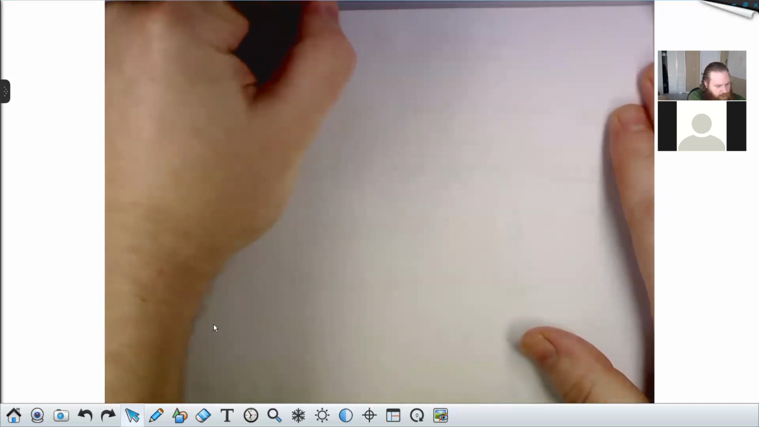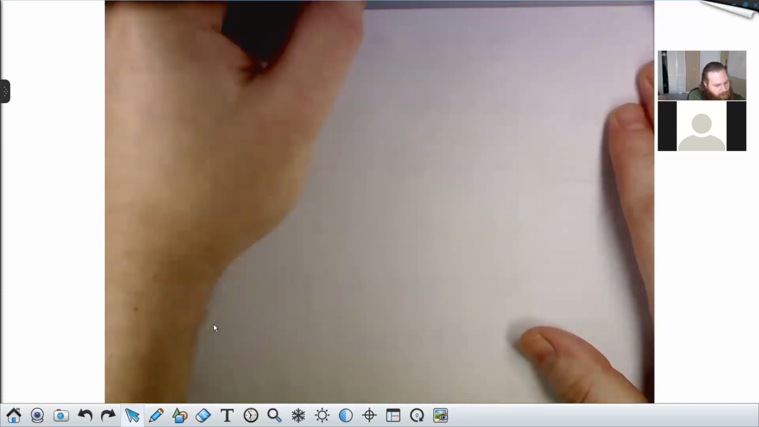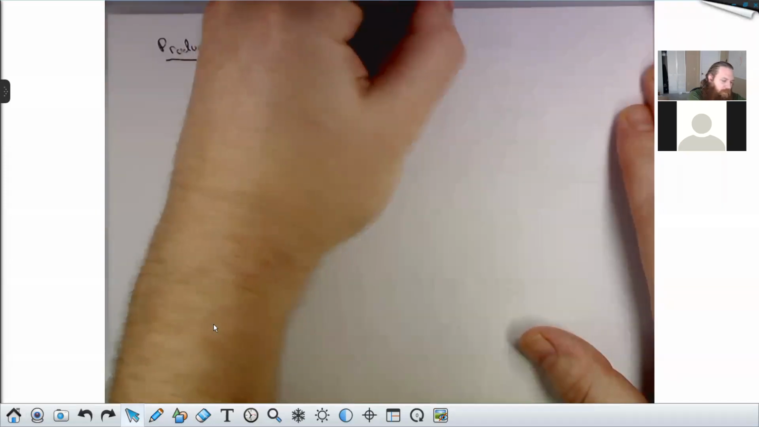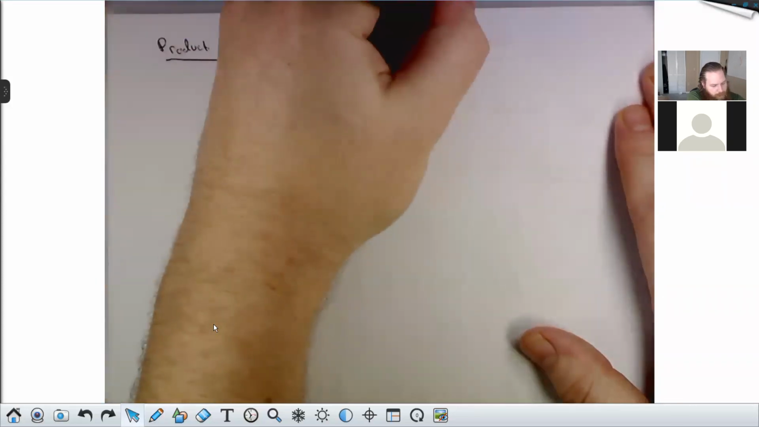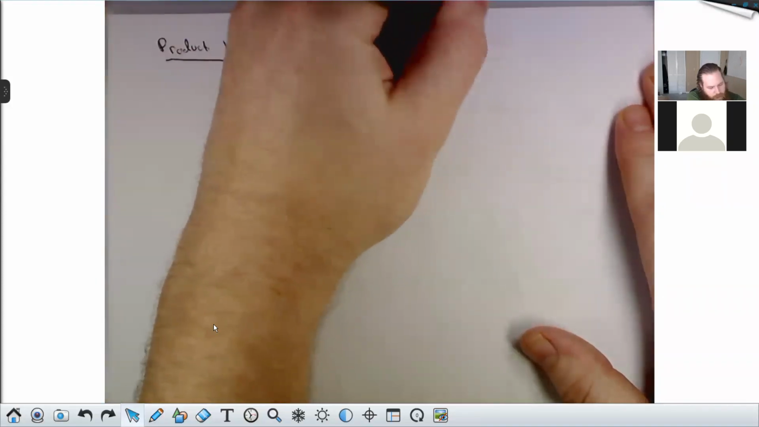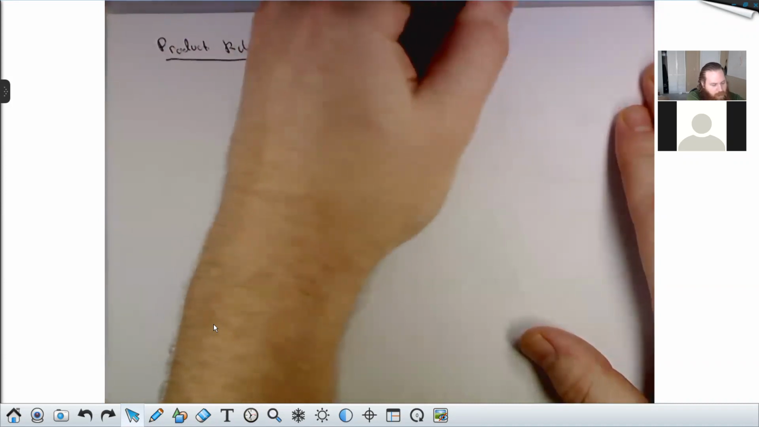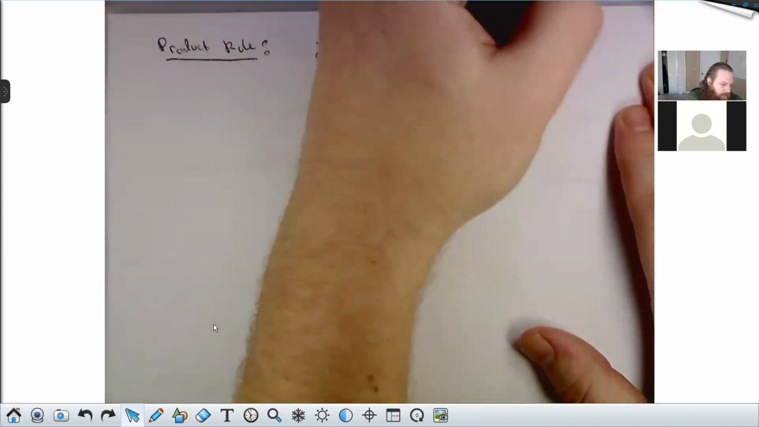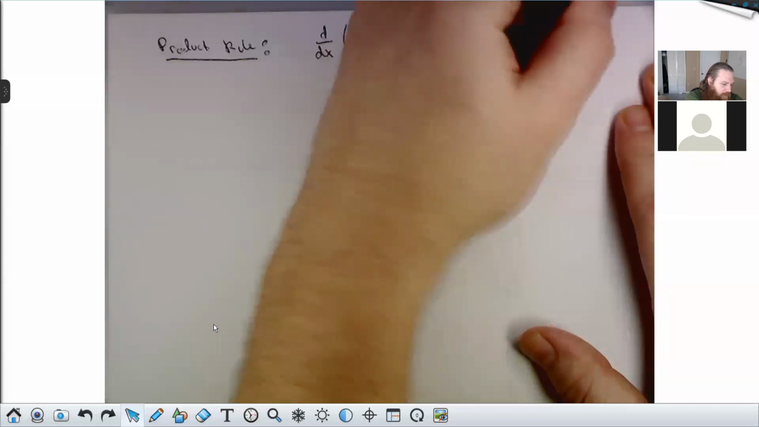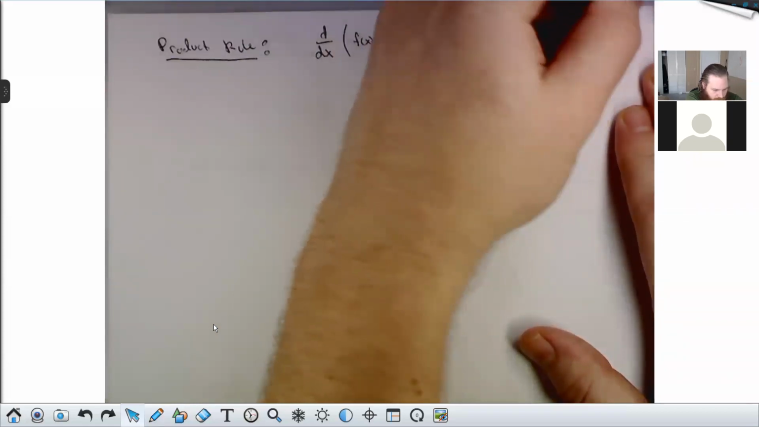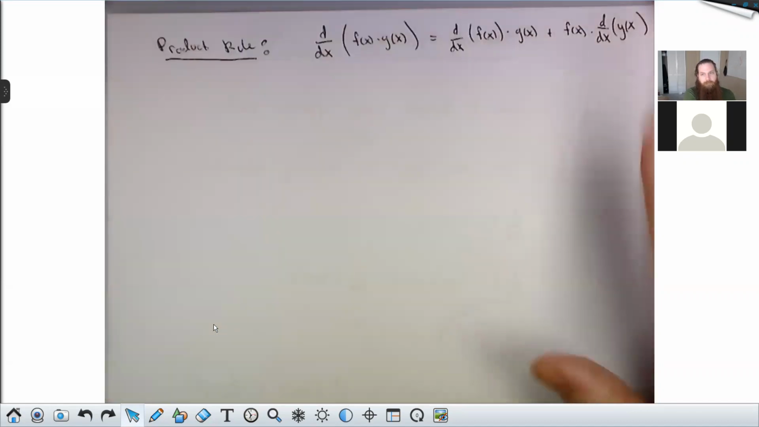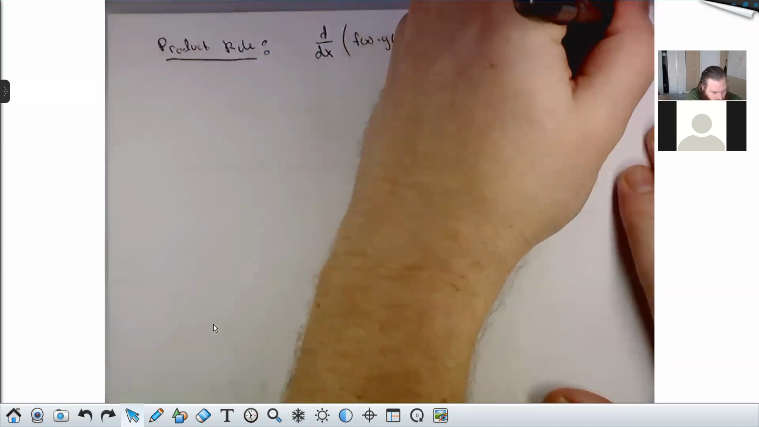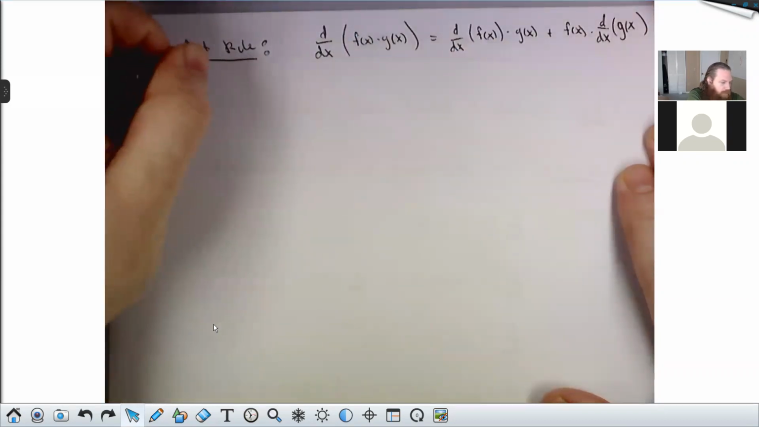So d dx of f of x times g of x is, I'll write it in Leibniz notation first. I think this one looks a lot better in prime notation. This is d dx of f of x times g of x plus f of x times d dx of g of x. Or in prime notation,